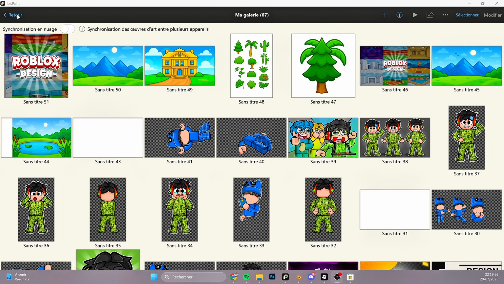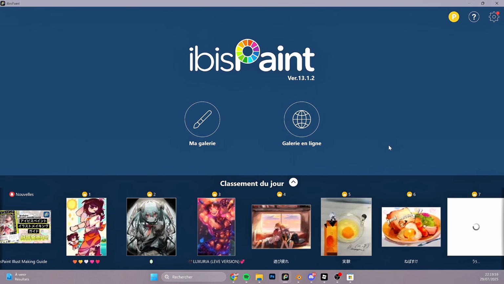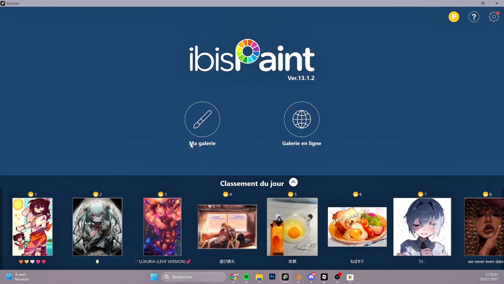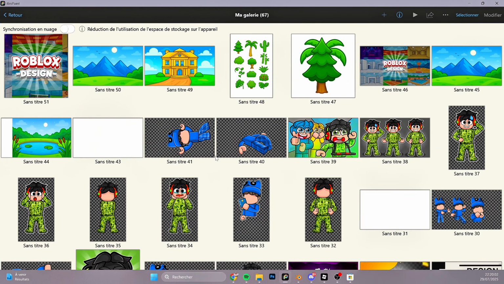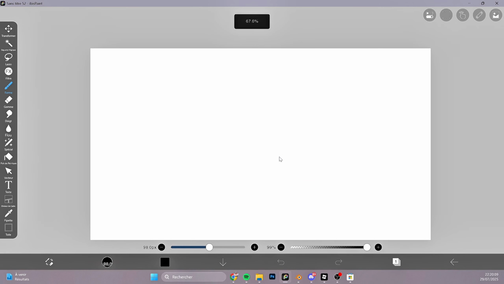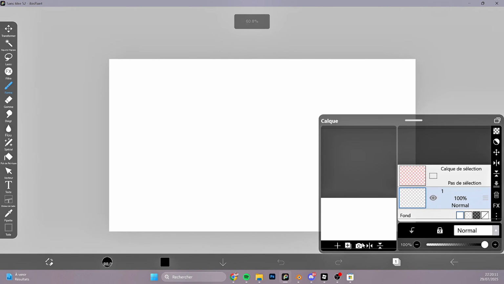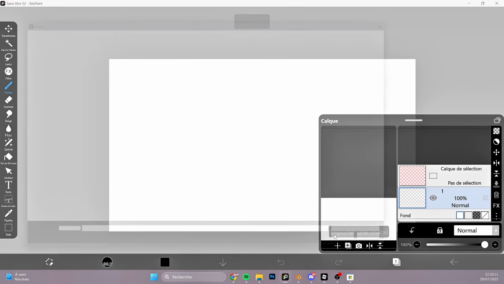So to start, you will press on My Gallery. There you go, the little button with the small brush inside. Then you will press the little plus at the top right. Then set it to the format 2560 by 1440. Then press OK. Once you have pressed OK, you can go to the bottom right in the layers. So the 4 little squares with the one inside, you just have to press it,